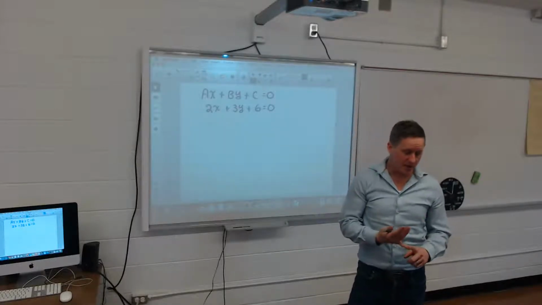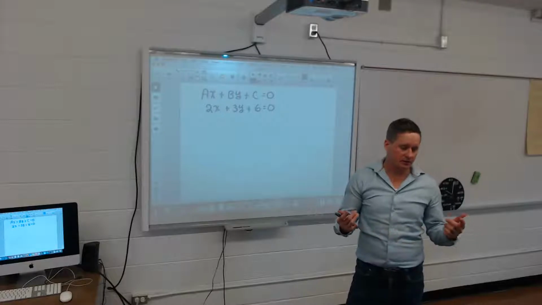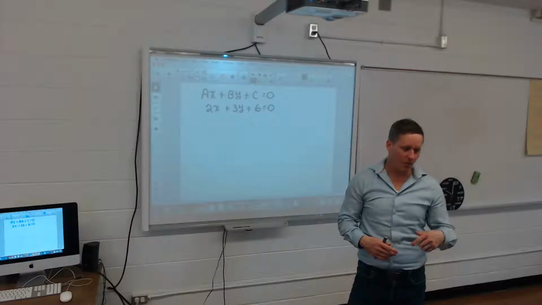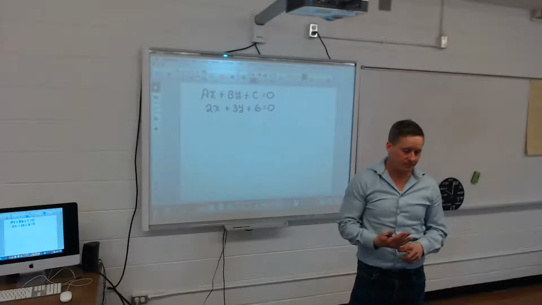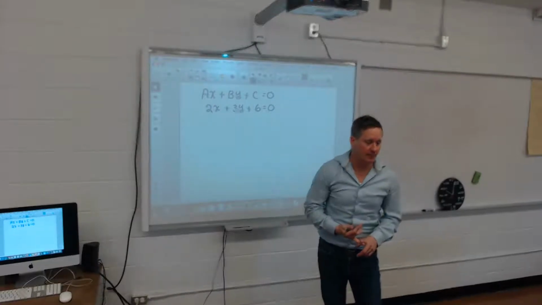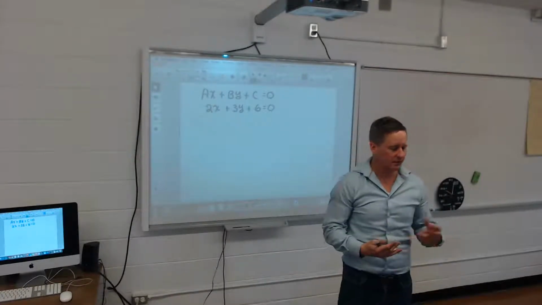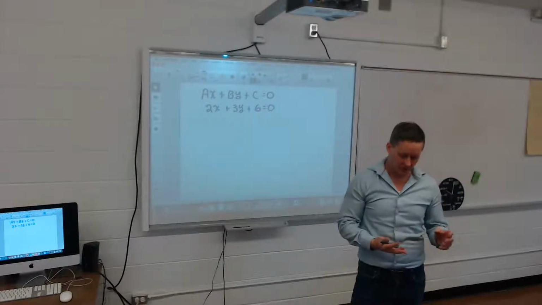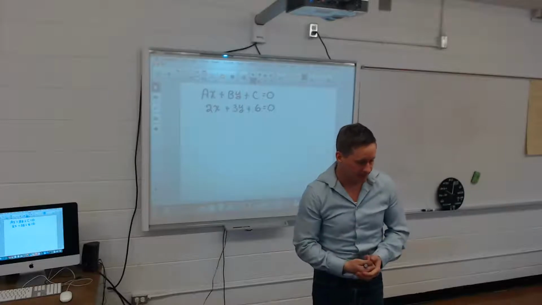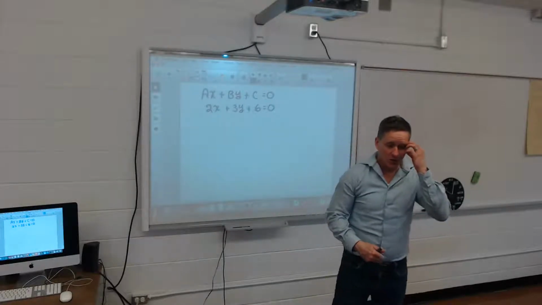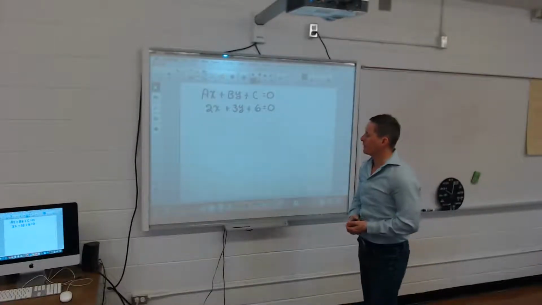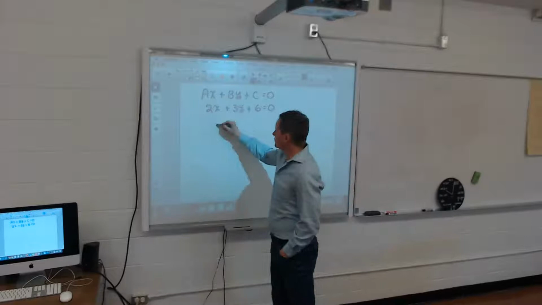I would tell you, you have three ways in which you can do it. The first way is to simply find your intercepts. So put 0 in for x, 0 in for y, and solve for the other. That's, to me, one of the best ways to do it. The second way is to make a table of values. Find two coordinates, graph them, and then draw the line through them. The third way is to change it into y equals mx plus b, your slope-intercept form. So I'm going to graph this three different ways and get the exact same graph in all three ways. So the first way I would do it